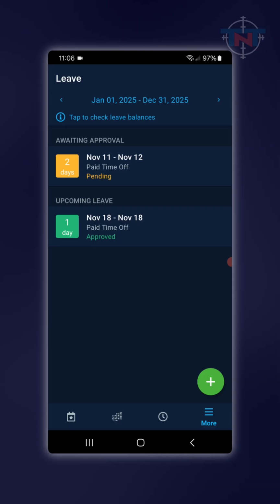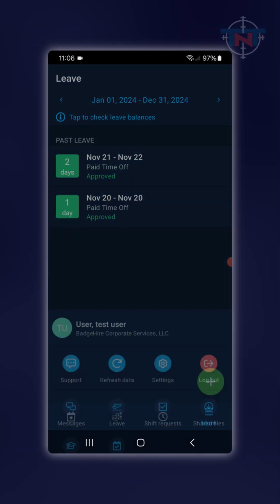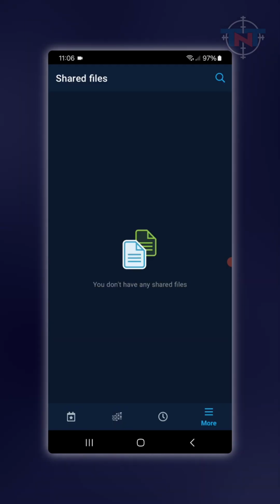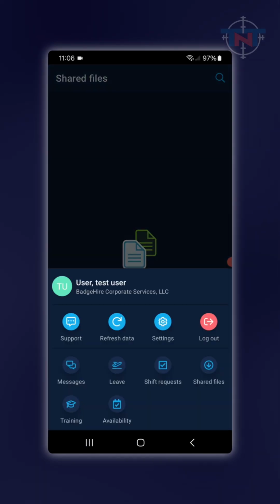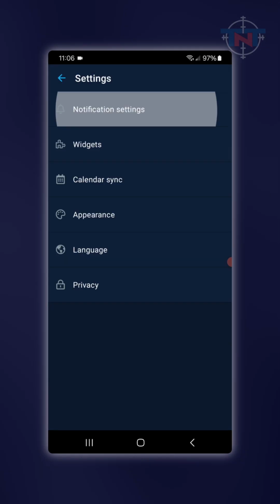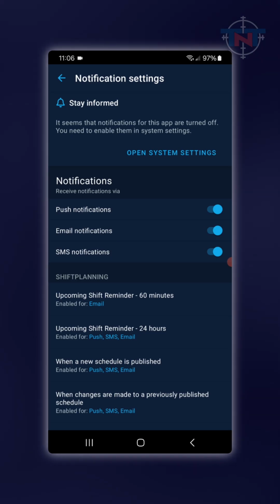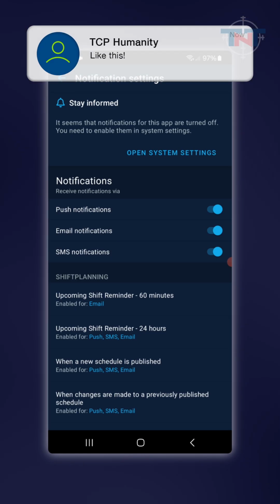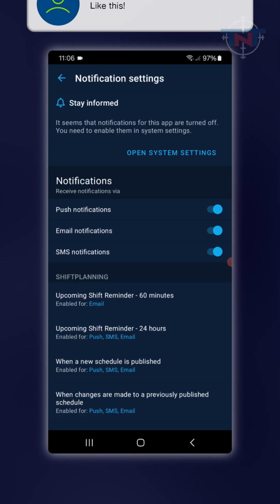The final thing I would like to show you today is our notification settings. So you're going to click that 3 lines at the bottom again and go to settings in this top row. We're going to select the top option, notification settings. There are 3 ways to receive notifications. There's push, which means you get a notification in your app, and you'll find that,